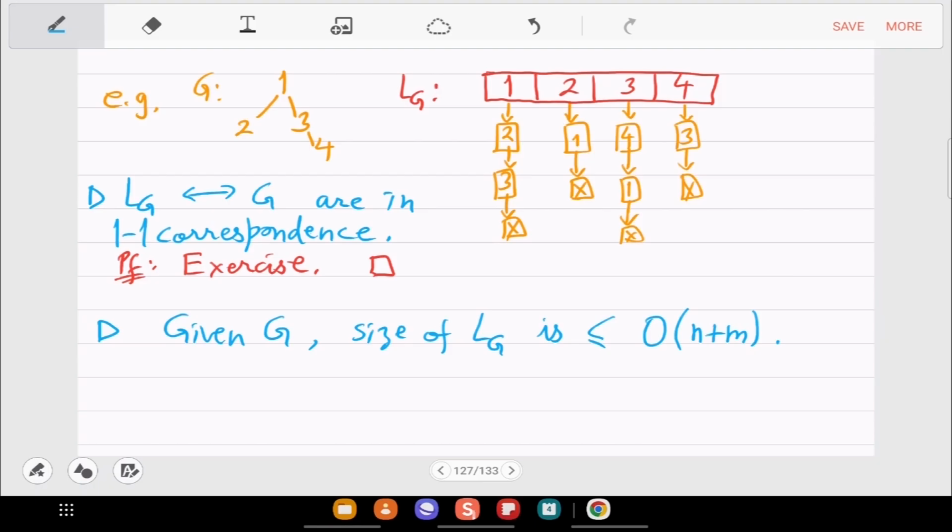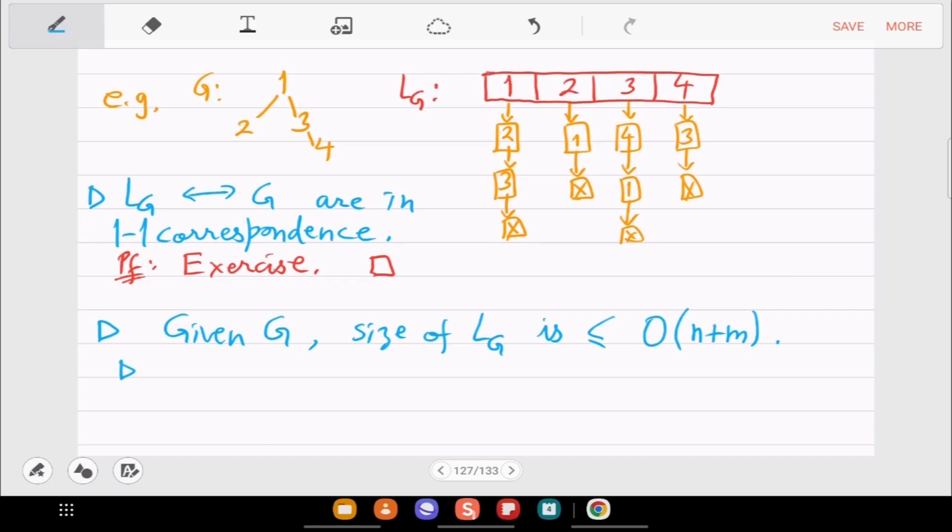It just requires how many vertices you have, which is the red array, and then how many edges m you have, which basically decides the size of the linked lists. The sum of those is, so maybe that's another exercise for you.